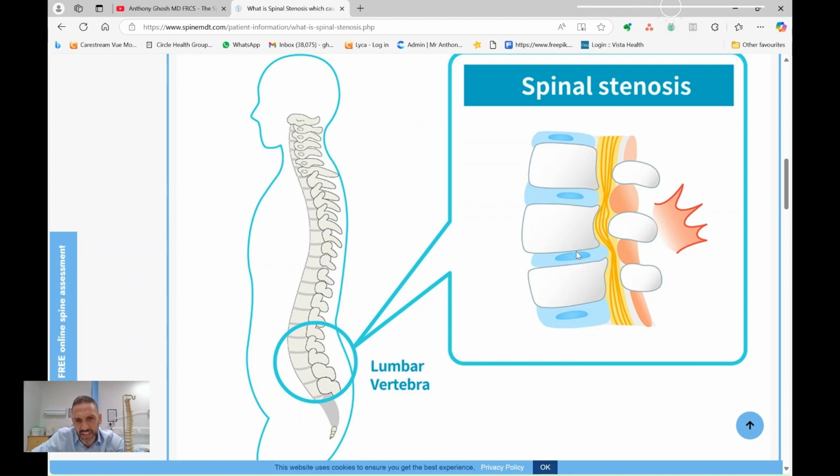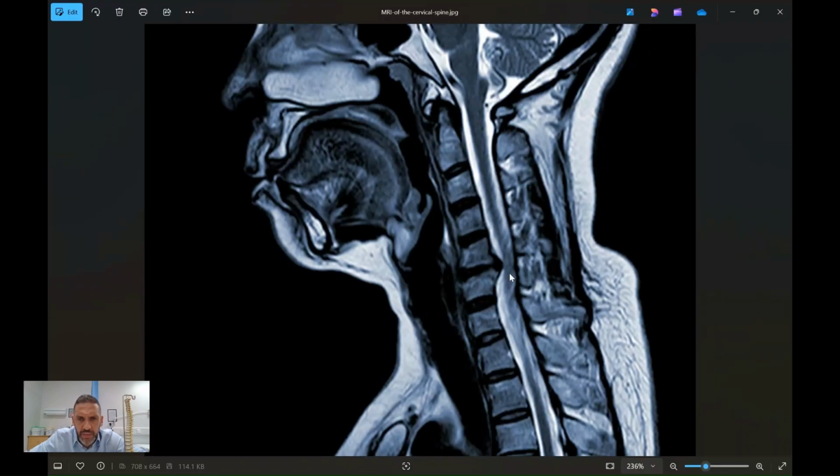So usually when that's the case, when you've got some lower back pain, pain in the legs, and unsteadiness of your gait, that's when I worry about the problem coming from the lumbar spine and maybe some stenosis in that region. But now let's have a look at the spinal cord.